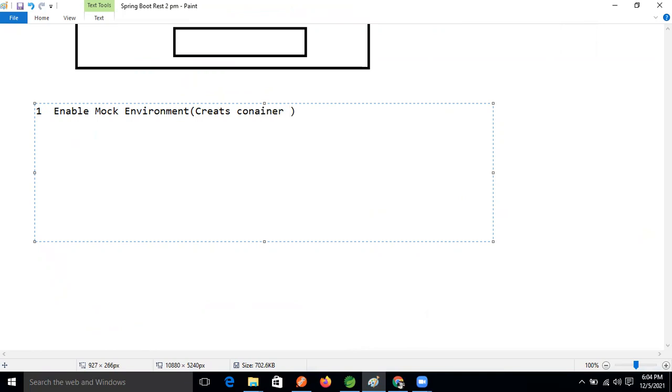Our layers' classes objects will also be created. After that, the testing DB connection will also be created.